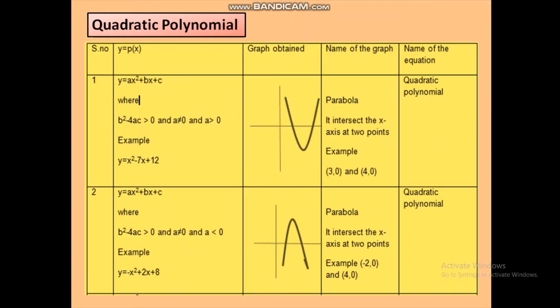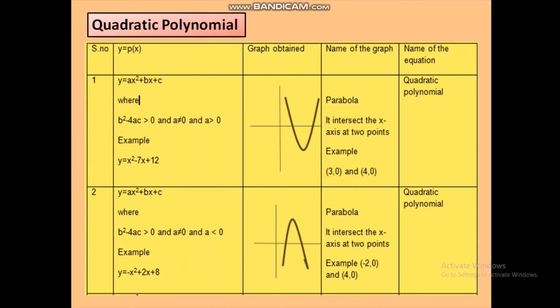Moving ahead, next we have quadratic polynomial. Under quadratic polynomial, we have different cases. So in the first case, y is equal to ax square plus bx plus c. Here ax square plus bx plus c is the general form of a quadratic polynomial. In order to plot the graph for this polynomial,